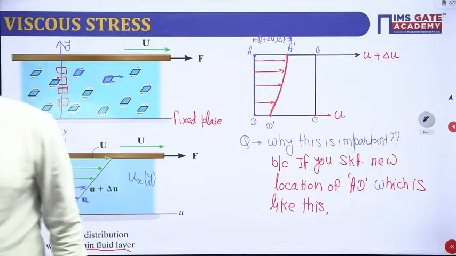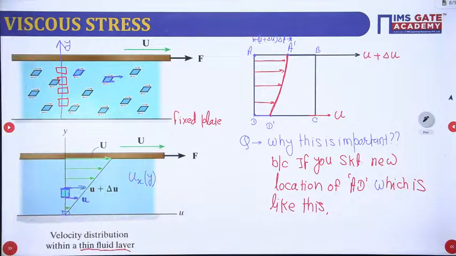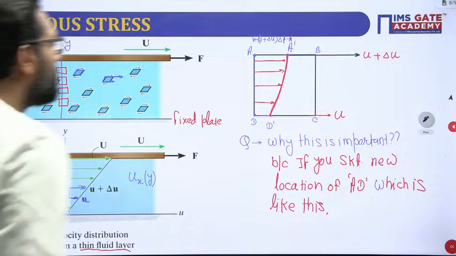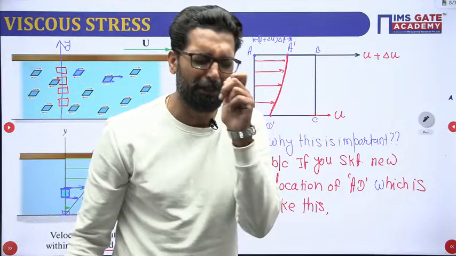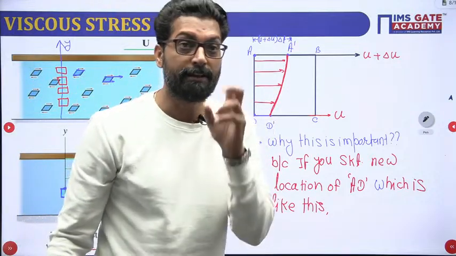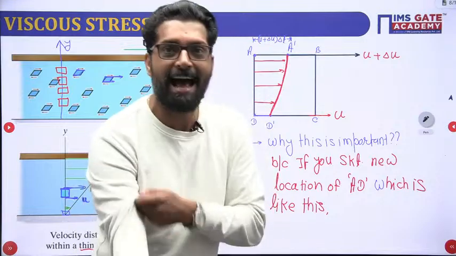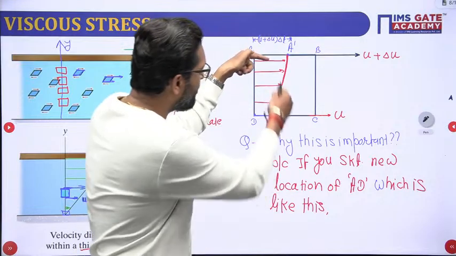So, what we realize from this diagram is that the element has not only got displaced linearly, but it has also undergone an angular deformation. See, my dear, this is very important information. These are the birth of a new concept. What is that? If you try to think like that,